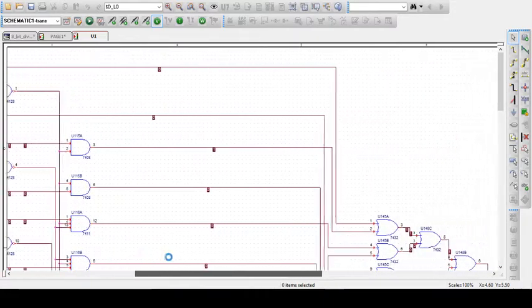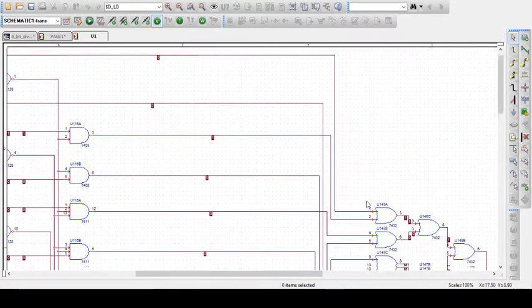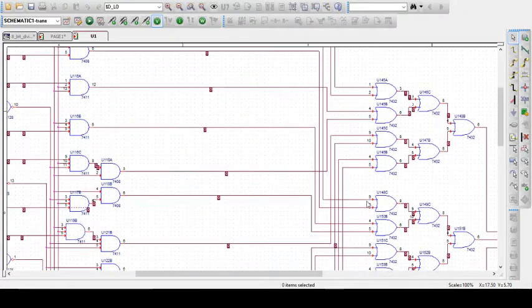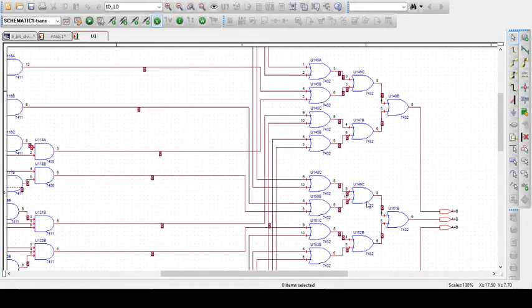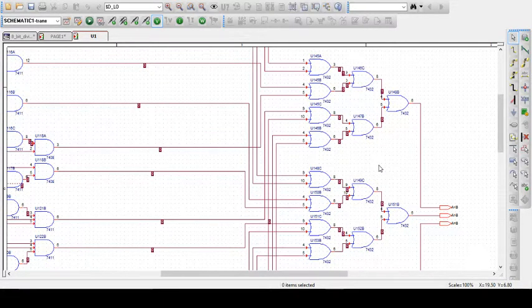And so these are sent to cascaded OR gates. They would be 8 input OR gates if you were to just draw the schematic, or if you were using one of the digital libraries that has a larger number of input OR gates, but they don't have the actual